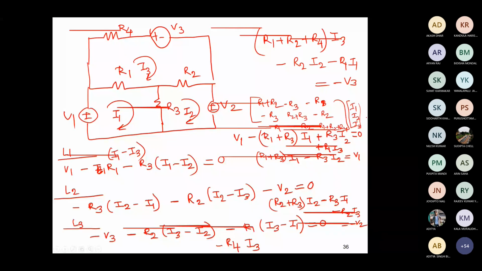In the same way we can find out the matrices for the nodal analysis. Maybe in the last class I will show it, because the nodal analysis, I know you got confused, and I also got confused in some places. I'll solve it properly and then share with you. I think the loop one is clear, it is straightforward, there is no ambiguity in it. I'll just relook at the solution of the nodal analysis and clarify in tomorrow's class. Okay.